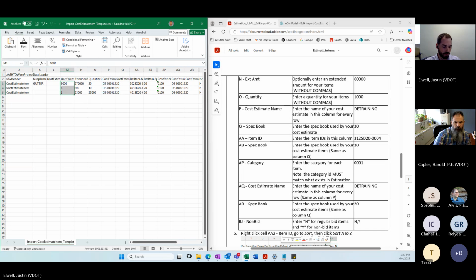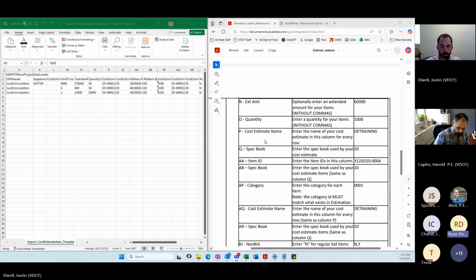Yeah, you might have already said this, but if you are doing the line items, you maybe already entered them and you're just trying to update the unit prices. I think I ran into an issue where I tried having the leading zeros and it didn't find the existing line item, but when I got rid of the leading zeros, it did find the existing line item. Is that how that's supposed to work with the line item? No leading zeros?